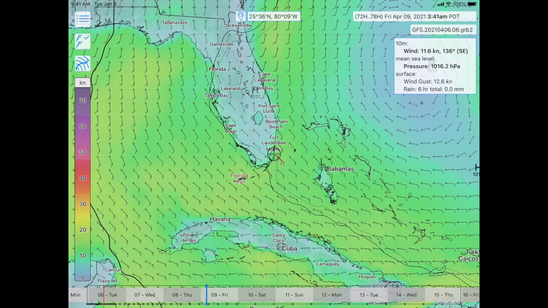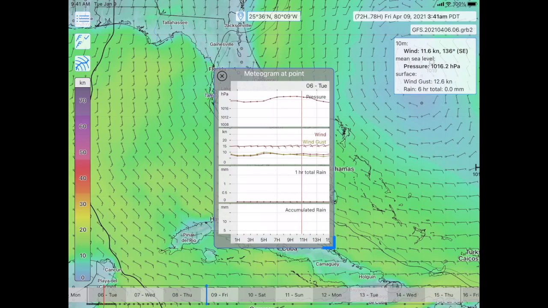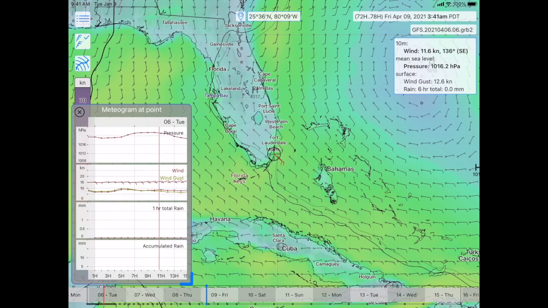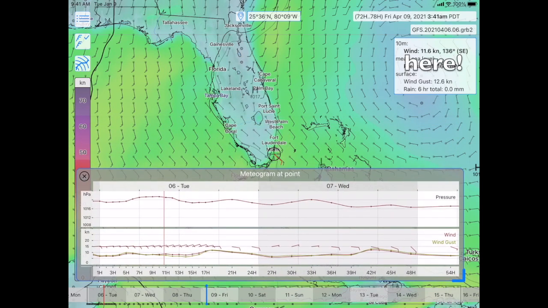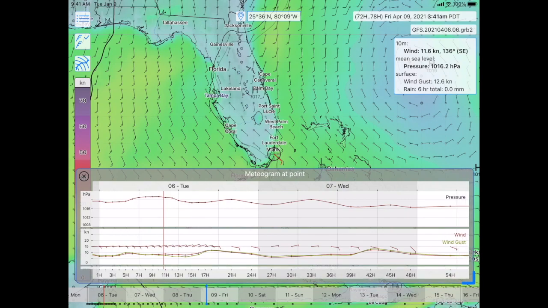So I'll tap on this little window. It's too bad you can't see taps with this screen recording, but I tapped on the GRIB information text window, and this meteogram appeared. And if I tap it again, it goes away. I tap it again, it comes back. And what this is showing is the